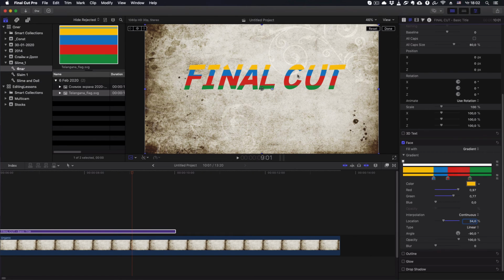You can see yellow color here. Okay, and for example, if you want to change the angle to the